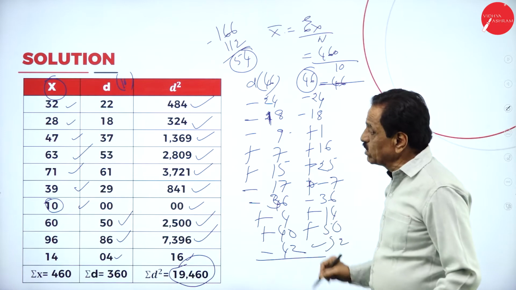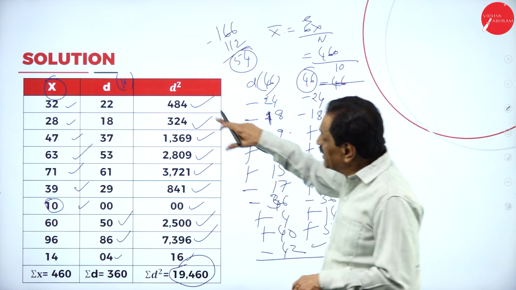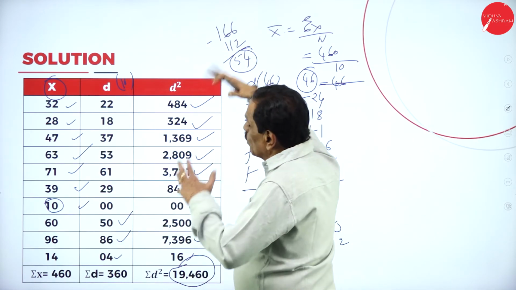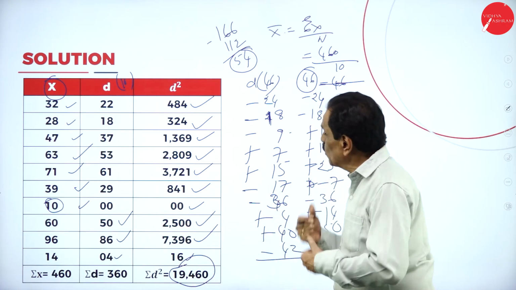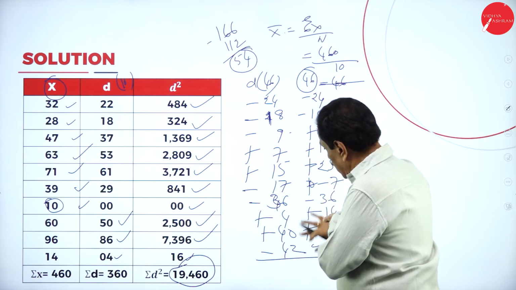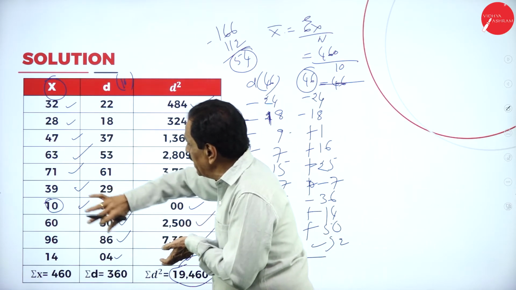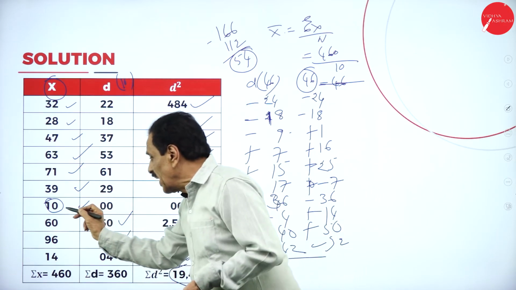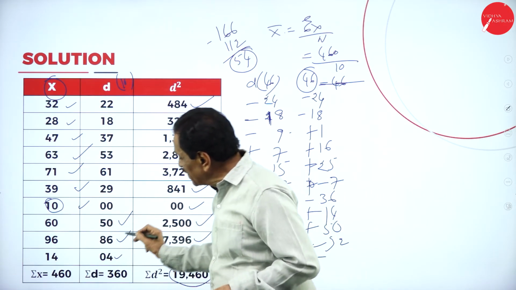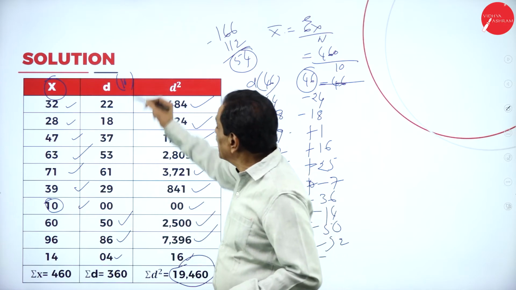So we can do this also. In the next class, we take the base of 460 and do what we did today. Just an example. In the next class, I'm going to explain. We can do this method also, taking the mean as a base and taking the deviation. What I did in the first problem was take 10 as 0, take the lowest number as 0, and take the deviation.